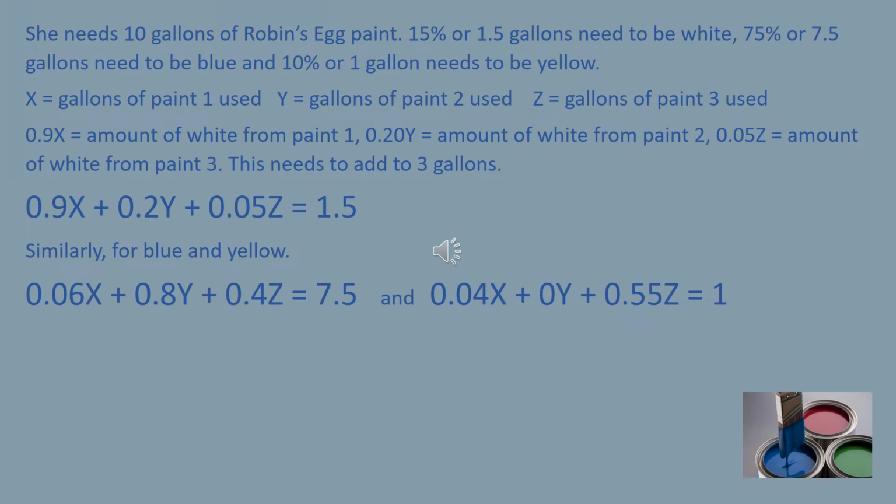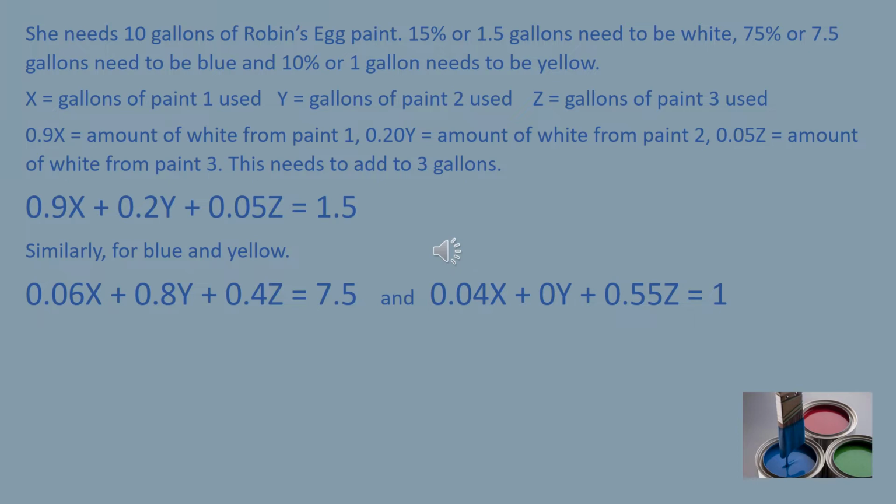She also wants to make robin's egg, and she needs 10 gallons. So 15% or 1.5 gallons needs to be white, 75% or 7.5 gallons needs to be blue, and 10% or 1 gallon needs to be yellow. She's still using the same paints, and so X, Y, and Z will still represent the amounts of those three kinds of paint, and the coefficients are going to stay the same in my system as in the previous system